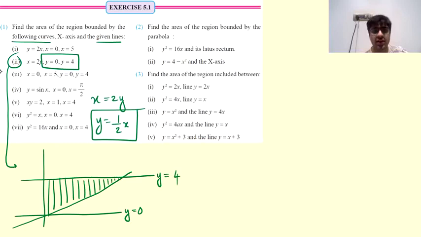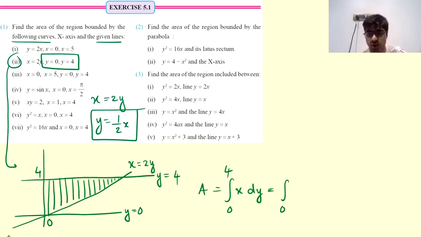So you can easily find that area, but the integration has to be done with respect to the y-axis. So if I consider this point to be 0, this point out here will be 4. This is the curve x equal to 2y. The required area is the area under the curve with respect to the y-axis. So that area can be stated as integration 0 to 4 of x dy. X for the given function will be 2y. So this is integration 0 to 4 of 2y dy. Integration of 2y will be y square, and that goes from 0 to 4. So that will be 16 minus 0, which is equal to 16.